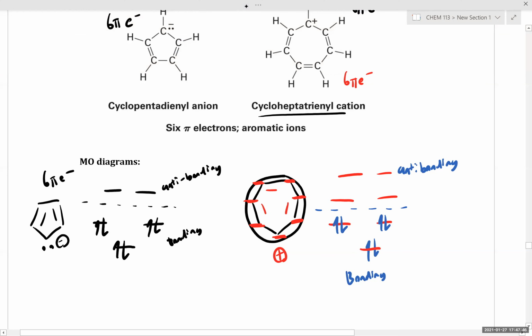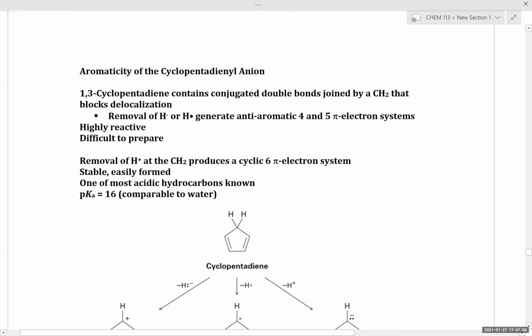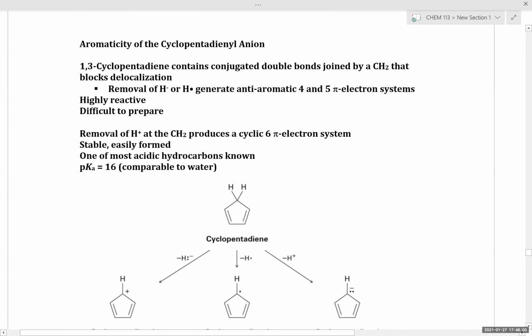Okay, so when in doubt, you can make an MO diagram and justify to yourself that you have a full shell versus a half shell. So why is this aromaticity important to consider? Well,